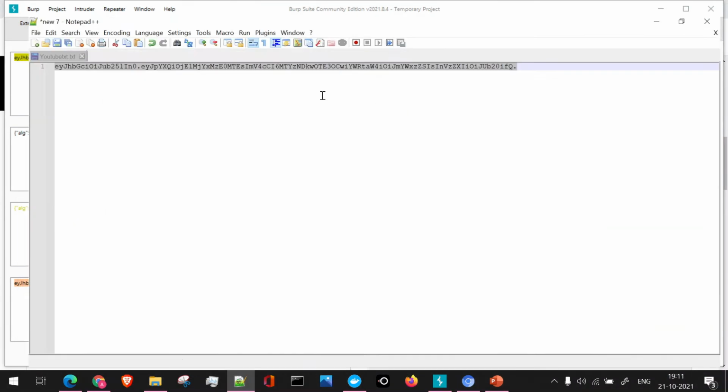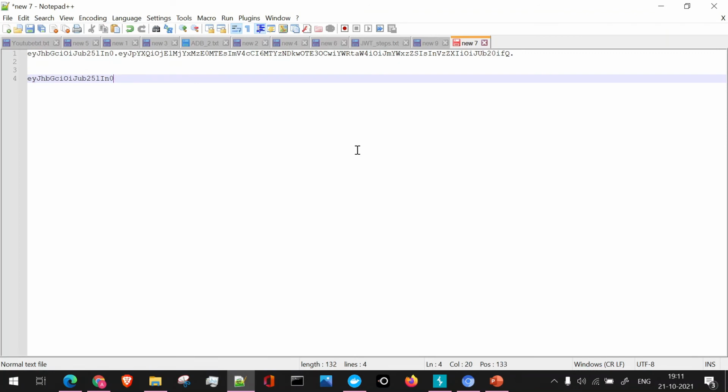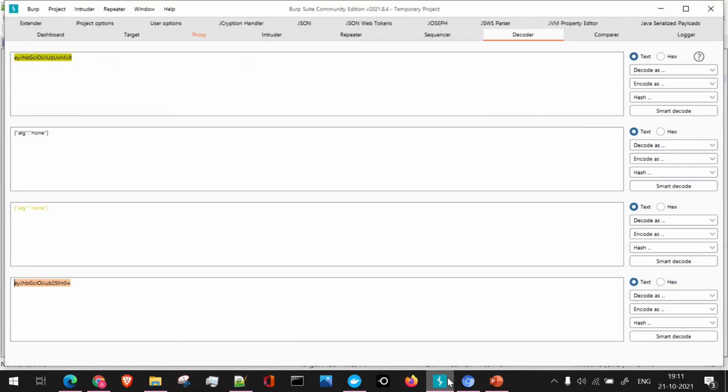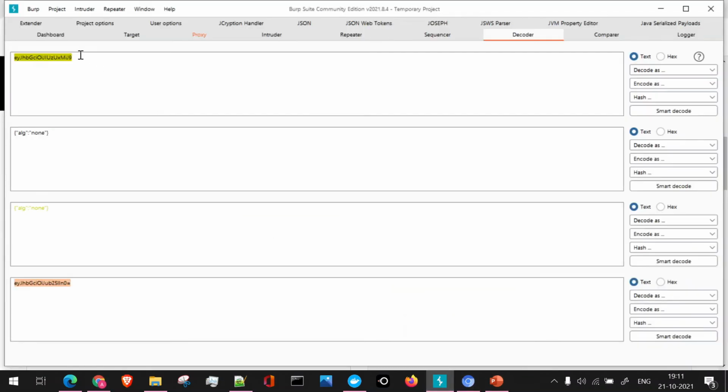Yeah, last time also we have done this. I'll just copy this here. I'll remove the equals sign and click on dot. So you can see it is resembling the token which we received from the log file. Now the next part which we have to again decode and then encode is this one. So I'll go to the decoder.